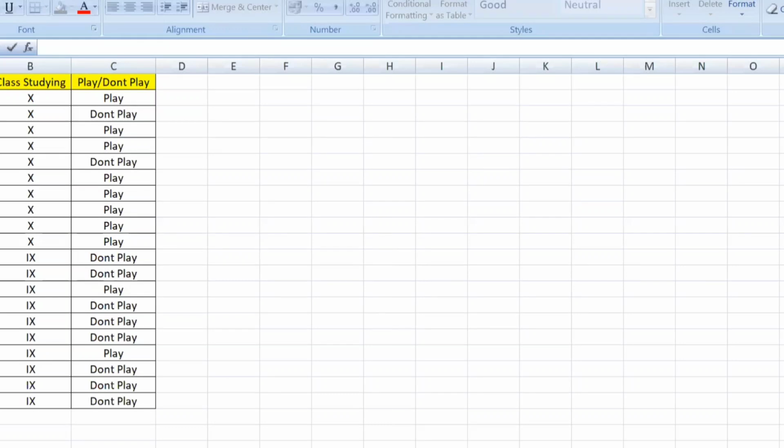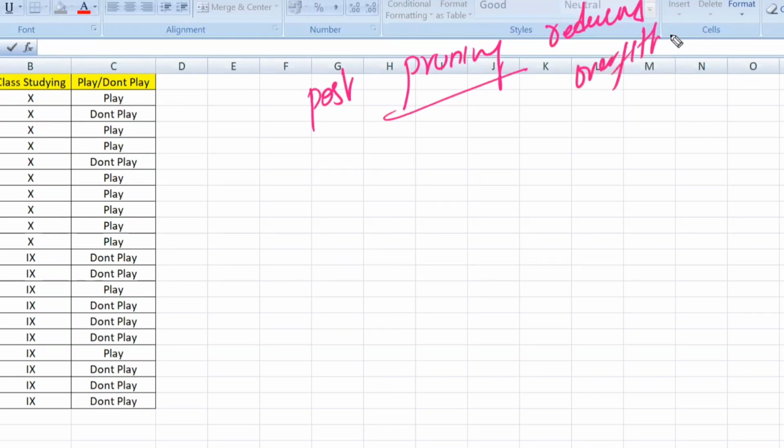In yesterday's class, we did post-pruning: after observing the decision tree, we cut the tree by using the maximum depth, the minimum samples for the split, or the number of terminal nodes. This is pruning. Pruning reduces the overfitting problem in a single decision tree. If you have only one decision tree, meaning you have selected the entire record, then to reduce overfitting, pruning is the option.